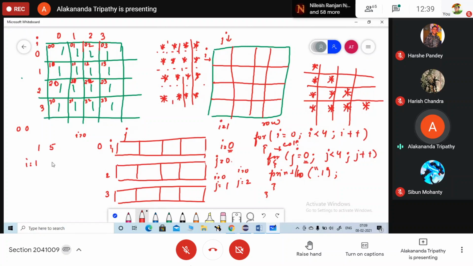I equals to 1 and J will be 0, 1, 2, 3. Then what will be printed in each? Which value will get printed? 1. Mihika, you are correct.